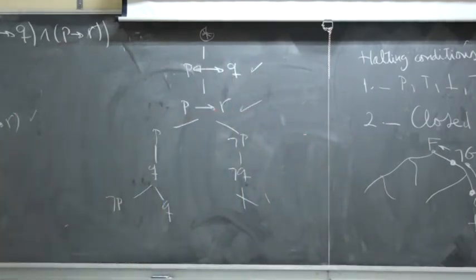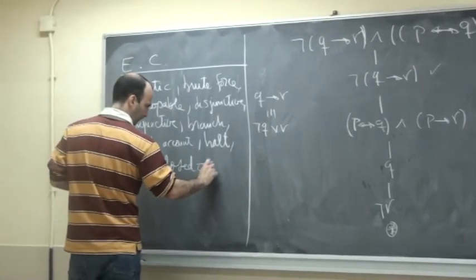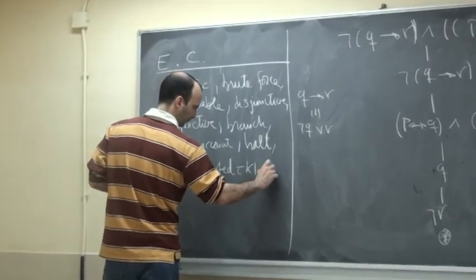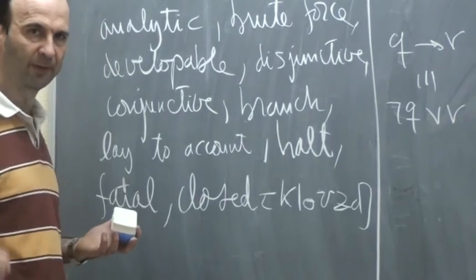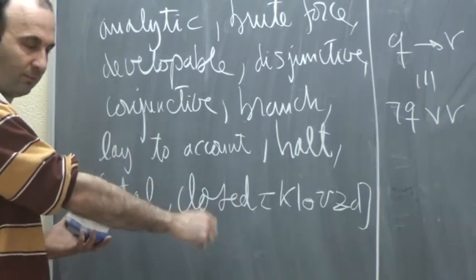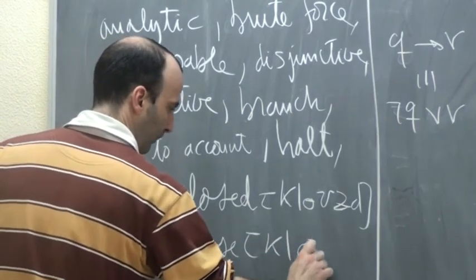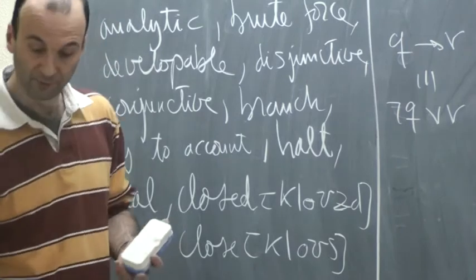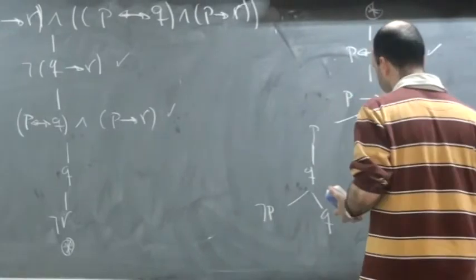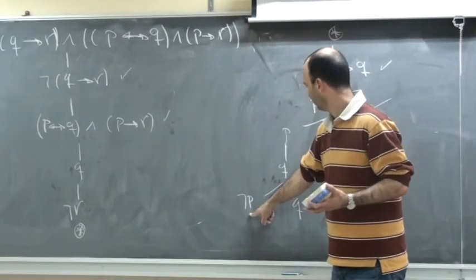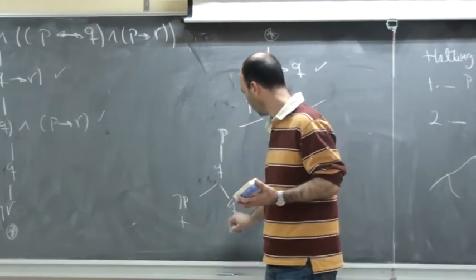And here there's a good word to learn. Closed, when something is closed, and close, when something is very near you. Closed. So that one, closed. Because here I have P and not P. Here I have